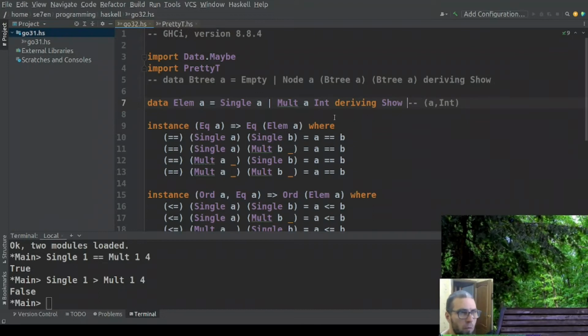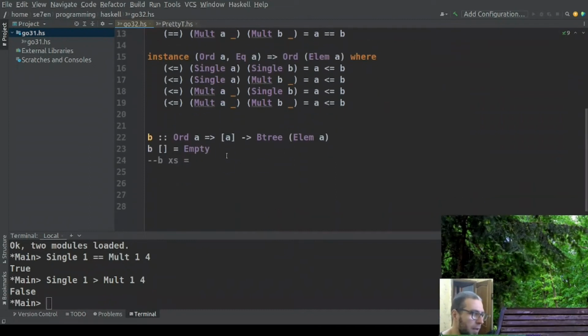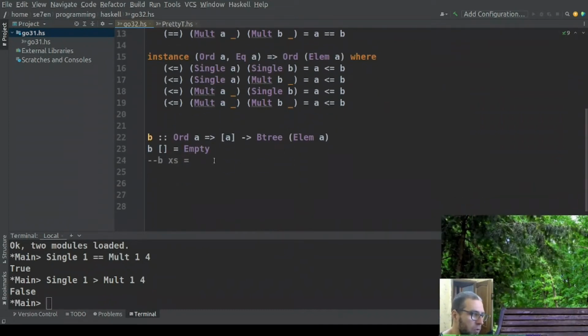I don't know, maybe there is a very short way to derive also Eq and Ord type classes for this new LM type. If you know how to do this, please write in the comments. I think this is possible, but here I do this simple implementation, and now we can go to